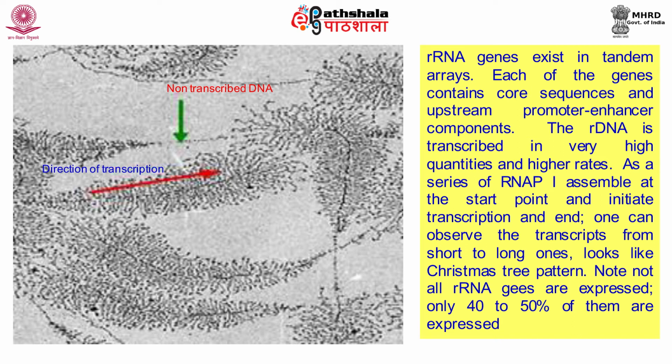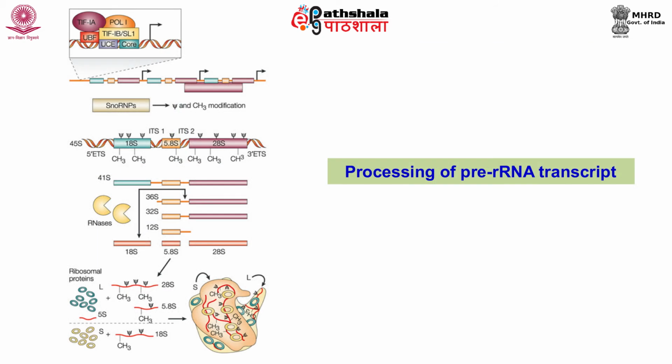In the figure, you can see only gene axis without any transcripts, marked with a green arrow, which shows presence of non-transcribed DNA. All ribosomal RNA with the exception of 5S are transcribed as a polycistronic transcript known as 45S